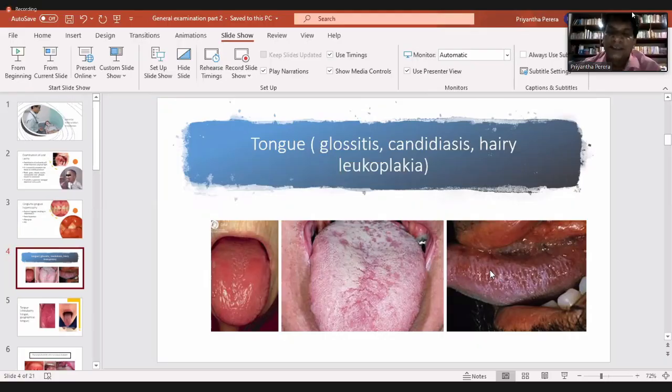So if you see this, you should act quickly, and you can see this in HIV patients as well, right? It's a feature of HIV patients also. If you see this, you have to do a biopsy and treat early. You can prevent the progression of the malignancy, right? That is called hairy leukoplakia. Okay.